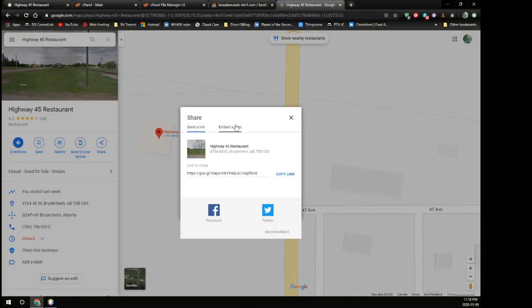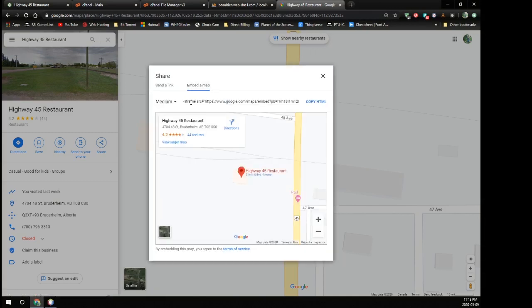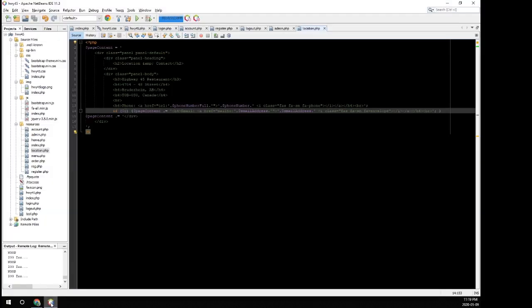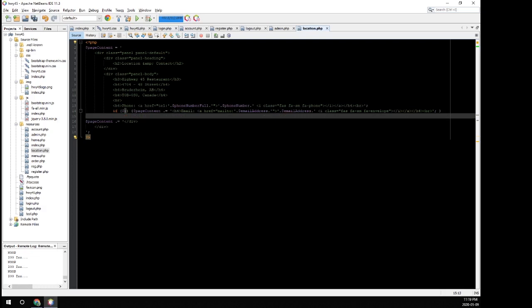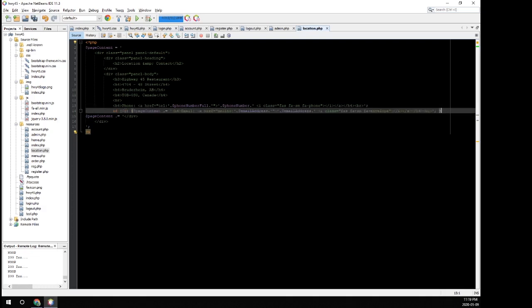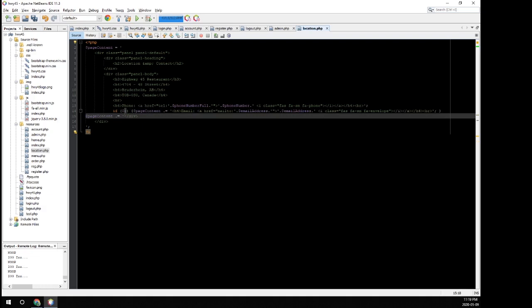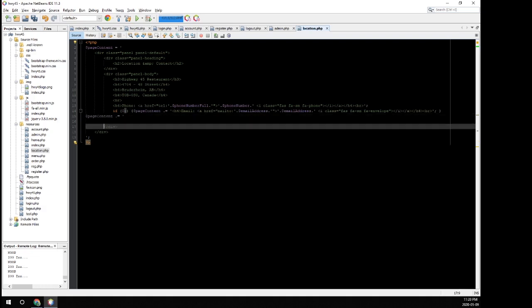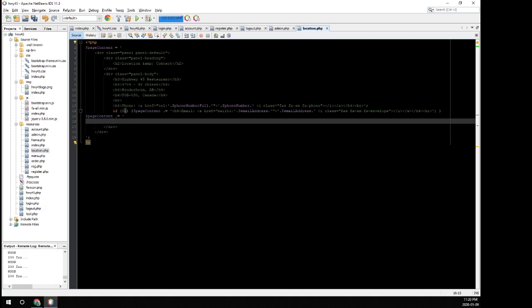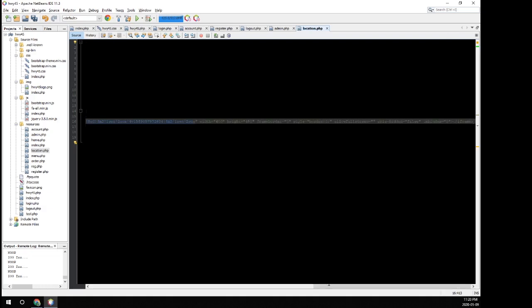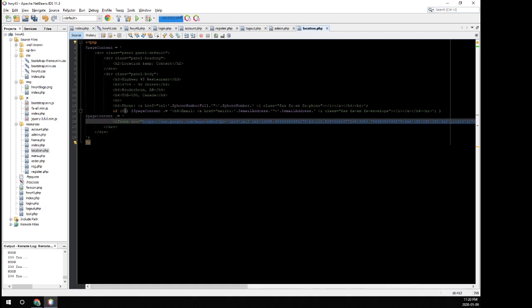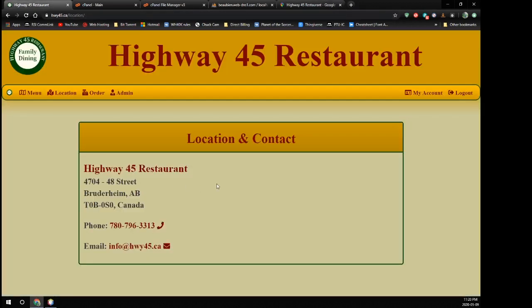And where it says send a link at the top, click over to embed a map. And then copy HTML. Just click on that. And now we go into our page. Hit enter there. Oh, sorry. We need to put it after this page content here. So we're going to put it right here, paste. And it pasted this long thing there, which is fine. Save that. And now if we go back,